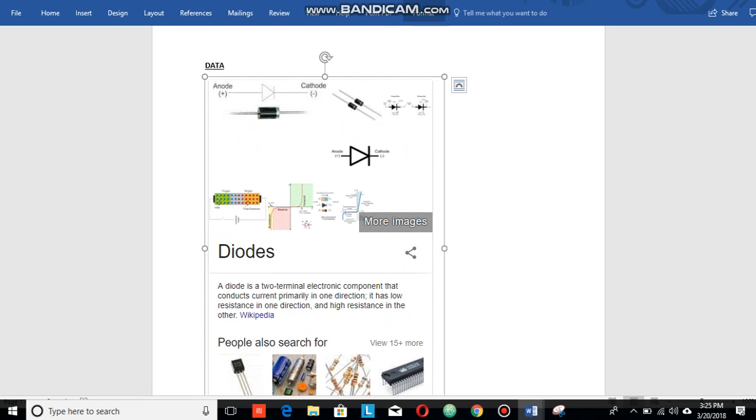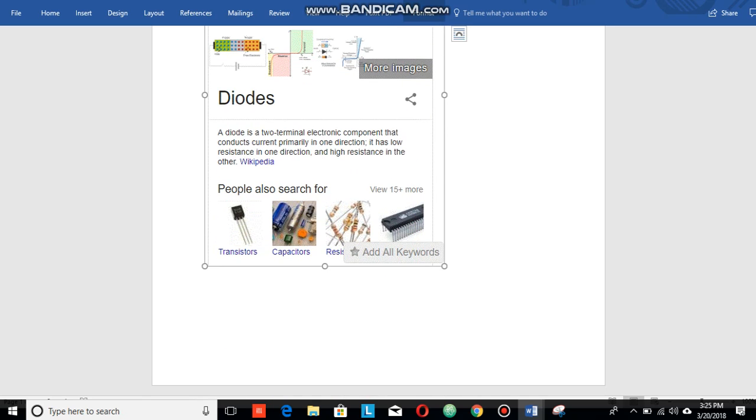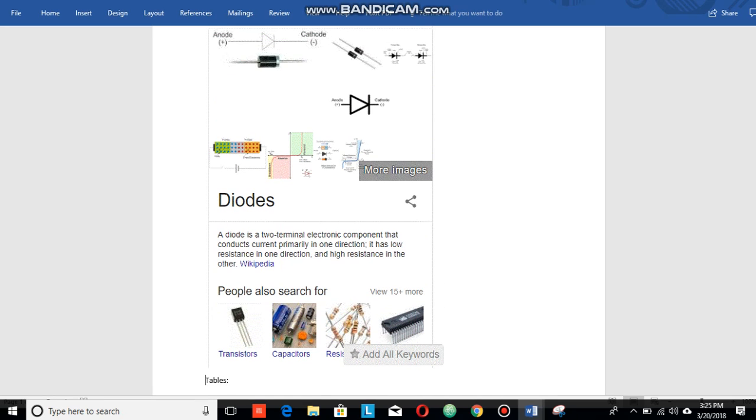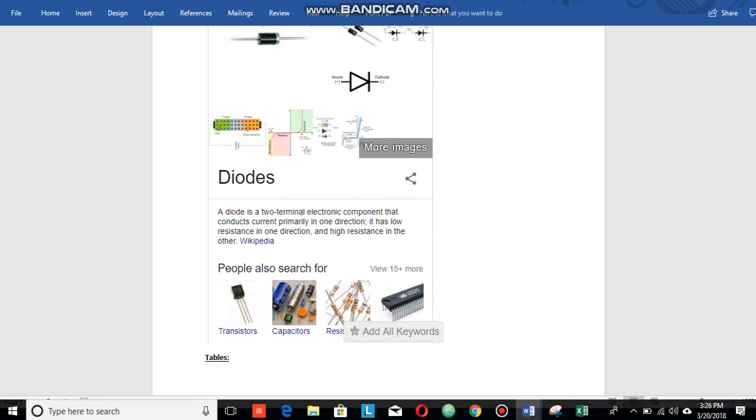So let's just pretend like this is the schematic that I need. Then I'm going to come here and say I want to type in, well, right now the Excel's open, but I'm going to type in tables. Once again, I'm going to highlight everything by holding down Control and pressing right, or I can also click and drag my mouse over it, and then press Control B and Control U to underline it and bolden it. Now my Excel is open, so I'm going to go to Excel,